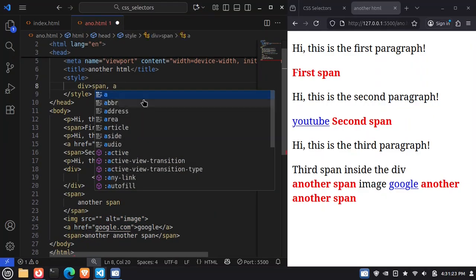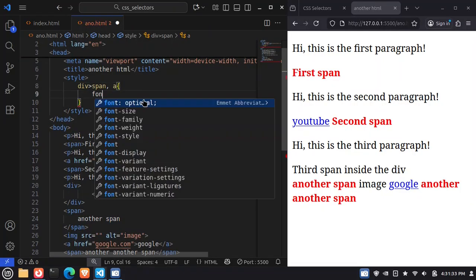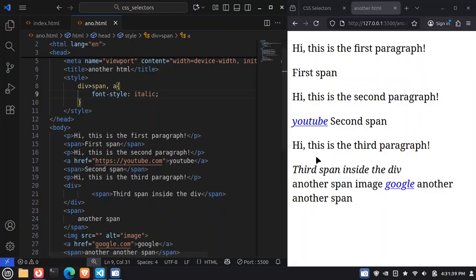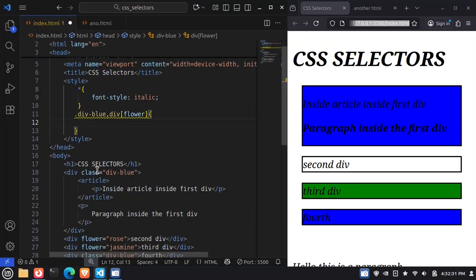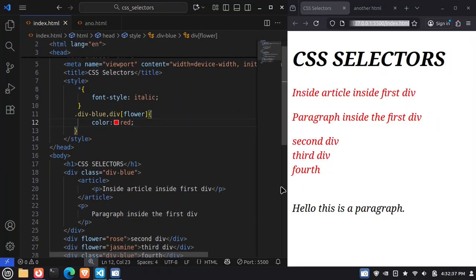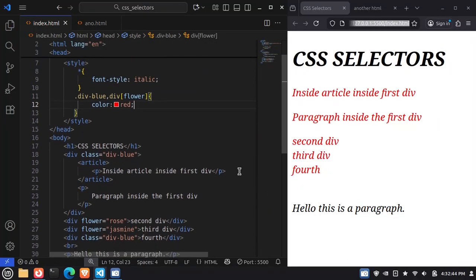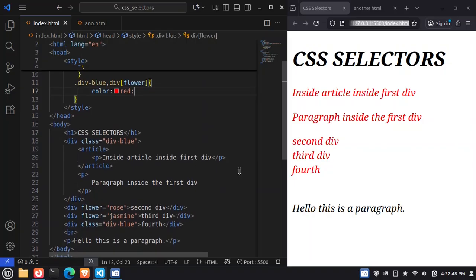Here's the easy one, comma separator. It's simple, gives the style to things separated by comma. You can separate element name this way, class name, even use combinators like this, ID selector. It will give all of this the style. Simple, no hassle. Here's another you will never use,